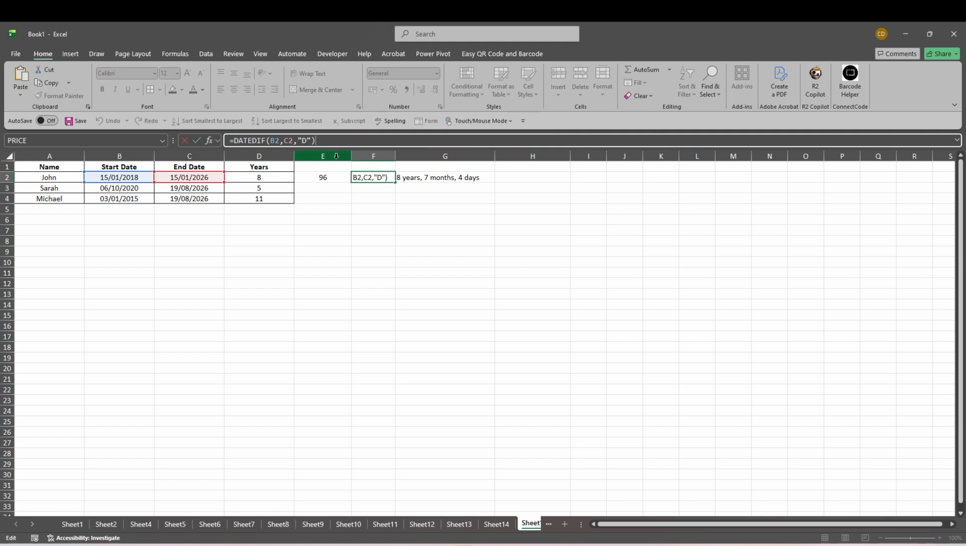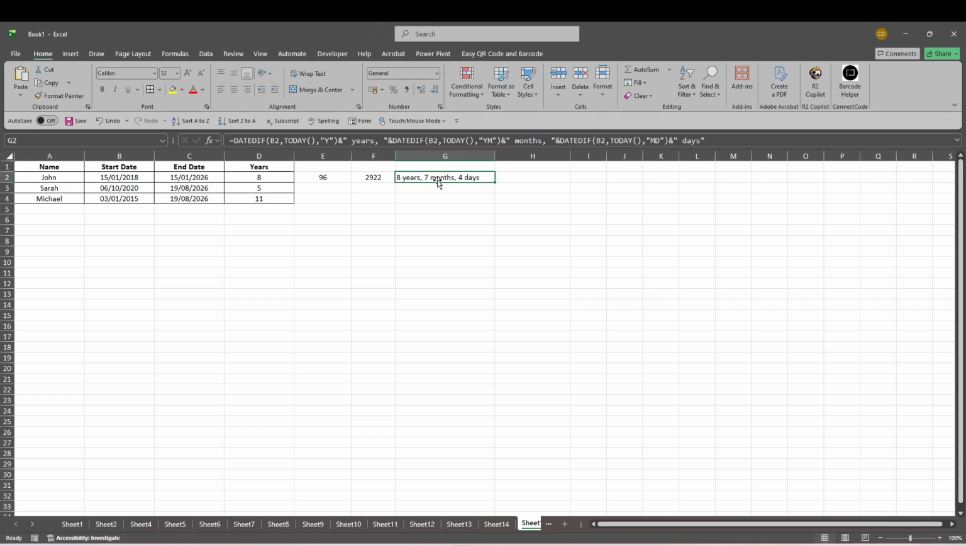If you want to calculate someone's exact age in years, months, and days, you can combine multiple DATEDIF formulas into one result. Use this formula: =DATEDIF(B2,TODAY(),"Y") & " years " & DATEDIF(